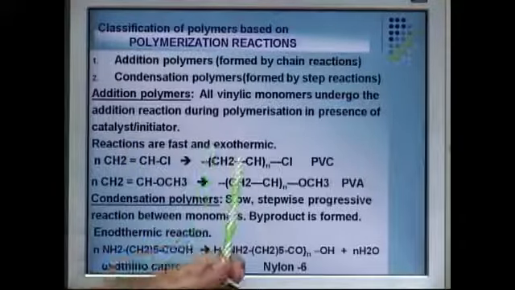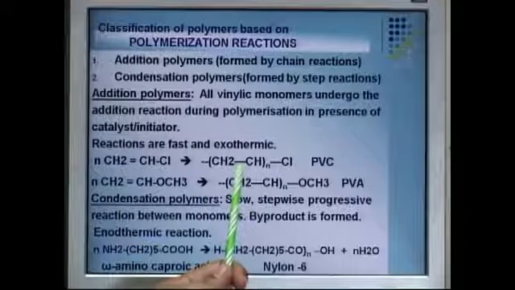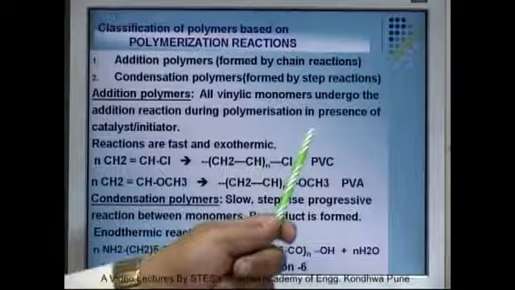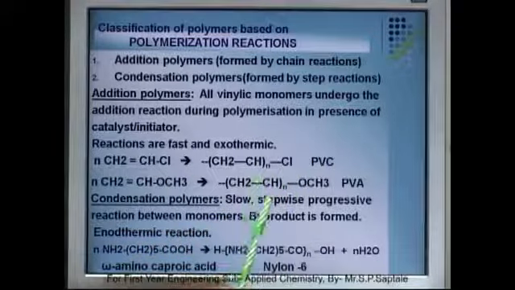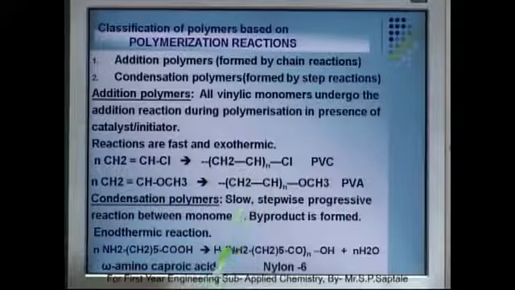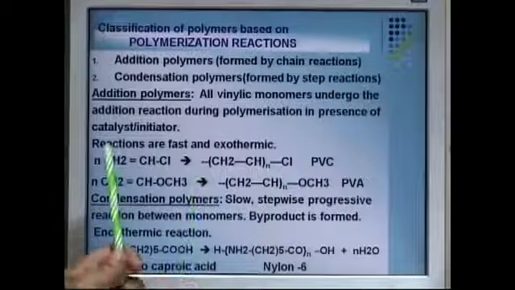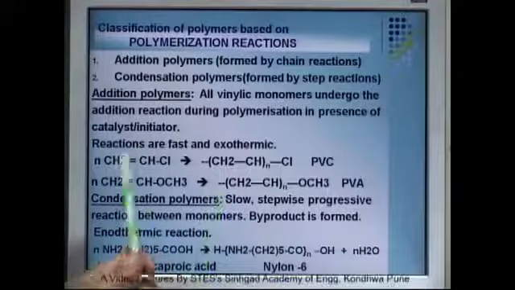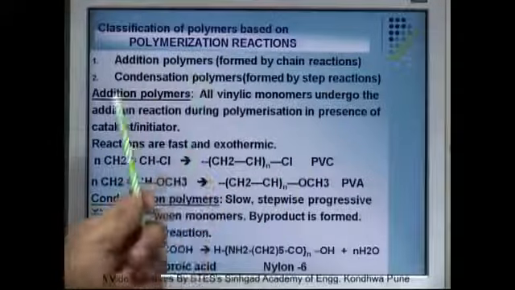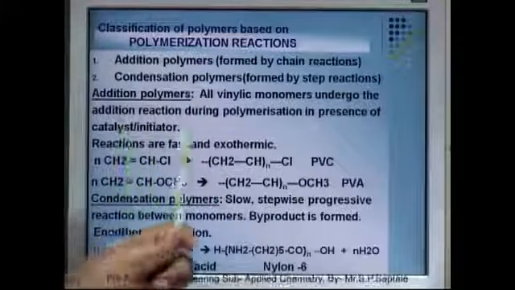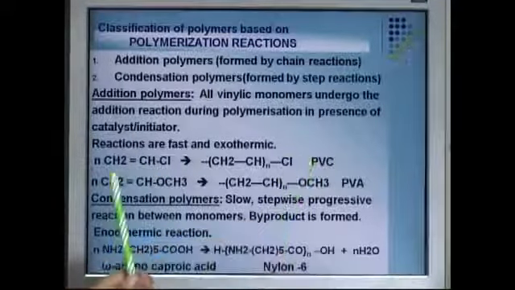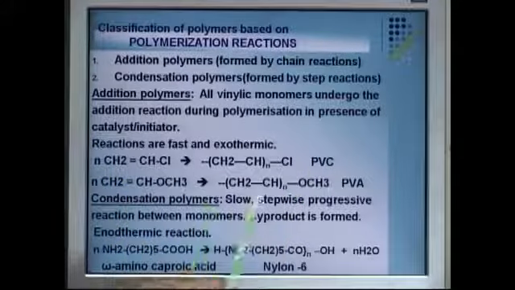It makes a bifunctional vinyl chloride, and finally this vinyl chloride forms PVC. That means it is a homopolymerization. That means only one type of monomer is involved, that is, polyvinyl chloride is obtained from the single monomer of vinyl chloride, and the product is called a homopolymer. If there is CH double bond CHOCH3, it will give PVA.